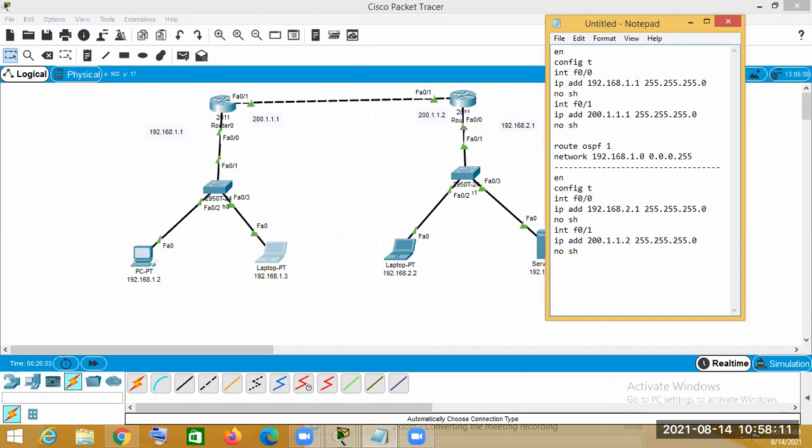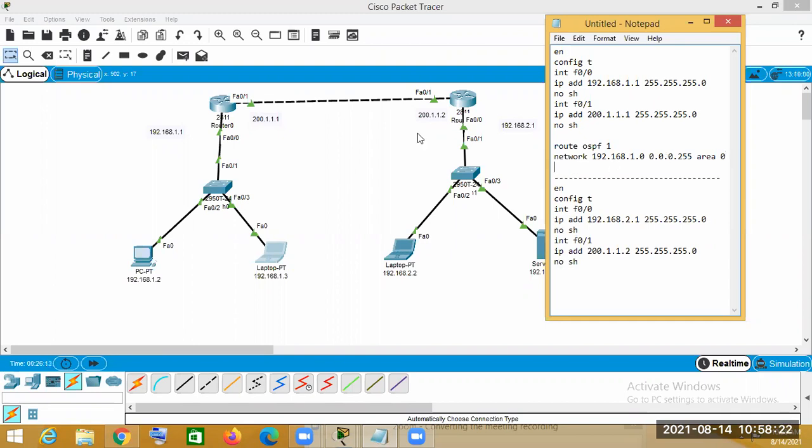So we are considering one area. We are only considering one area. So that means here we are considering one area, that is area 0. Same as that, for this also we have to do. So here, let's say, same thing we will copy,